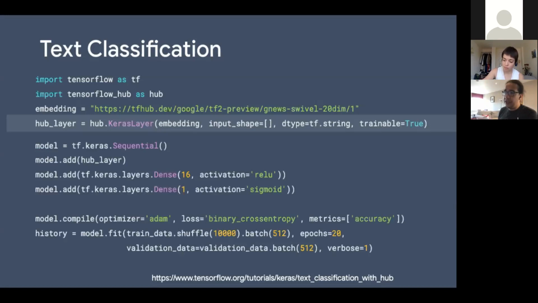As you can see, the Hub lines are three lines there: importing TensorFlow Hub, of course, the handle, and loading the Keras layer. From there, we are going to create a sequential model which has an input layer, which is the embedding. It will receive a string, as you can see in the definition, with any size. Then we are adding two dense layers, one with 16 neurons and one with 1 neuron, that will give the positive or negative result of the sentence, whether it's a positive sentence or a negative sentence. Then we're going to do a training here for 20 epochs, and that's it.